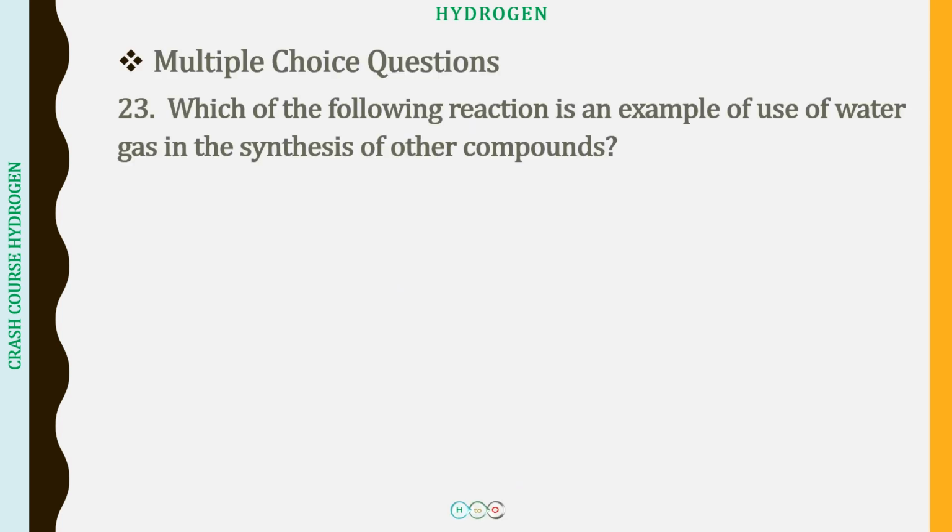So now coming to the last question for the preparation of hydrogen, and this is the question I was referring to as the industrial preparation of hydrogen, that is the Bosch process. Here the question says: which of the following reactions is an example of use of water gas in the synthesis of other compounds. The choices: methane reaction with water to produce carbon monoxide and hydrogen; carbon monoxide, hydrogen plus water forming carbon dioxide and hydrogen; an alkane CnH2n+2 in presence of a catalyst forming methanol; and carbon monoxide and hydrogen again in the presence of a catalyst forming methanol.